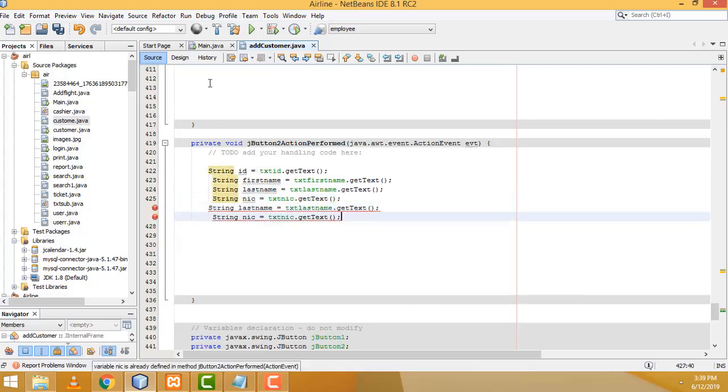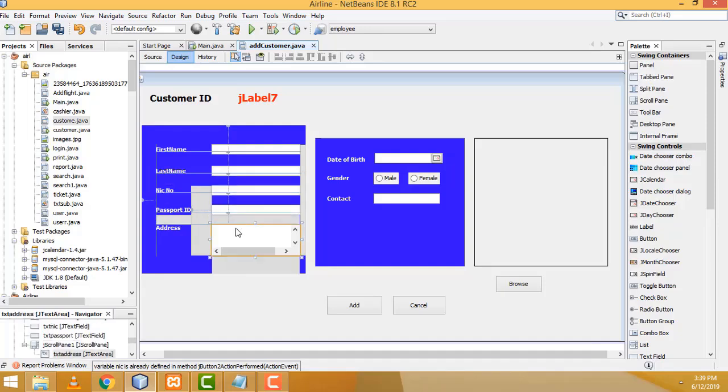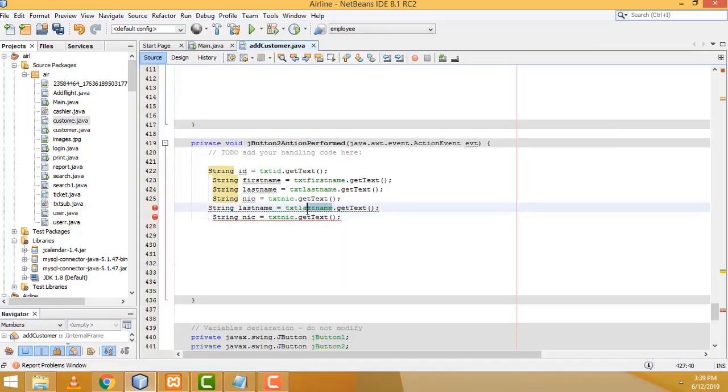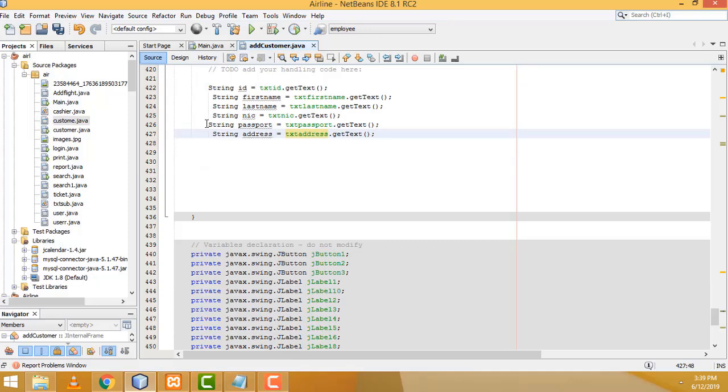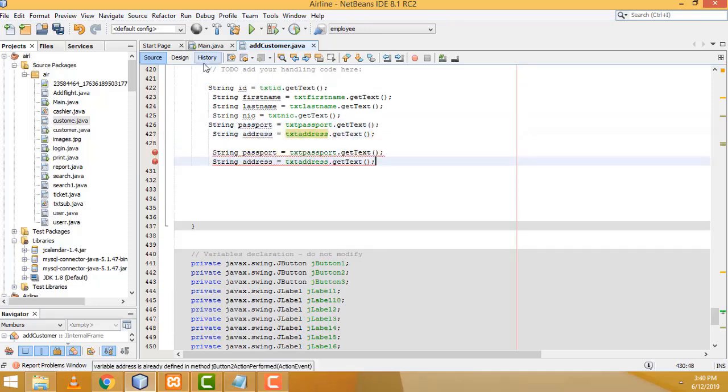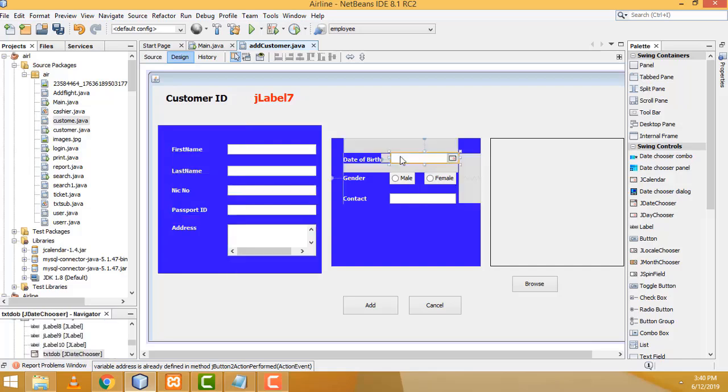Control C to copy, Control V to paste here. After that, this one passport, txtPassport. This one address, txtAddress. Right. Now same thing, Control C to copy, Control V to paste here. We have to add these fields. So this is the radio button, and this is the